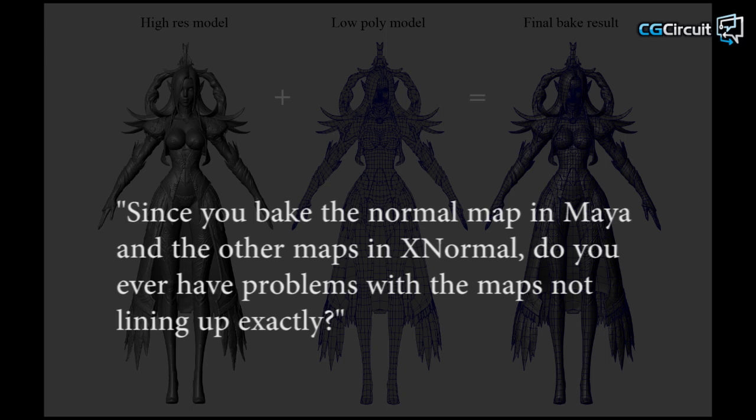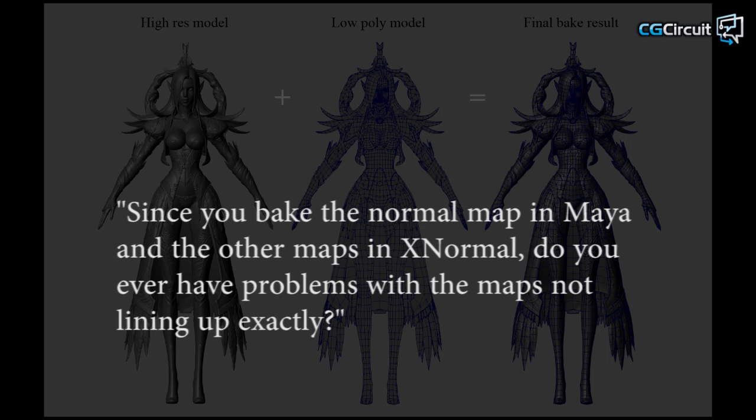One question I always get when I describe my work process is, if I bake my normal map in Maya and the other maps in XNormal, then do I ever have problems with the maps not lining up exactly? The short answer is yes, but only rarely. Since the two are different programs that have their own way of doing things, there's bound to be some discrepancies